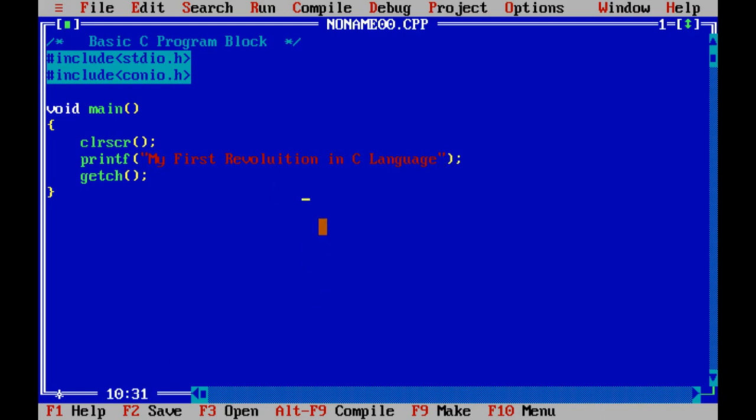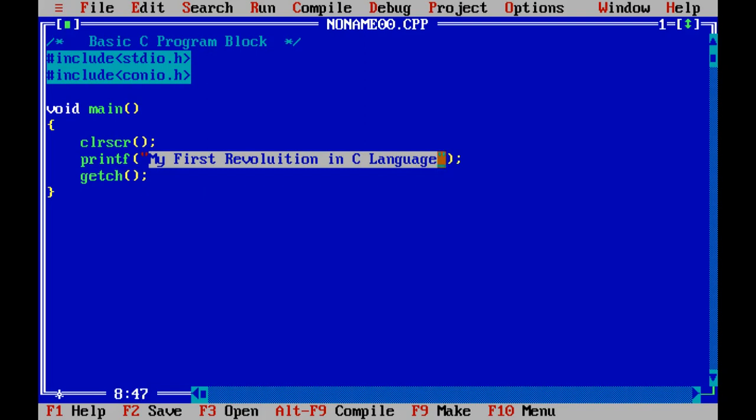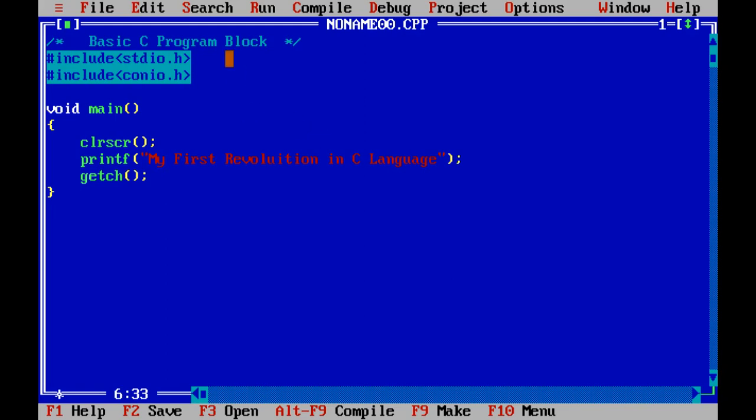This is a C program and its output will be "my first revolution in C language." Now I discuss the function of header files and how the statements execute. First of all, I describe